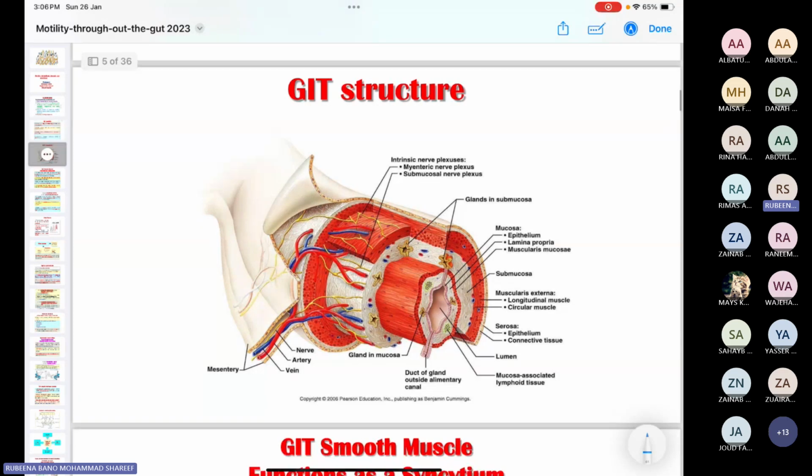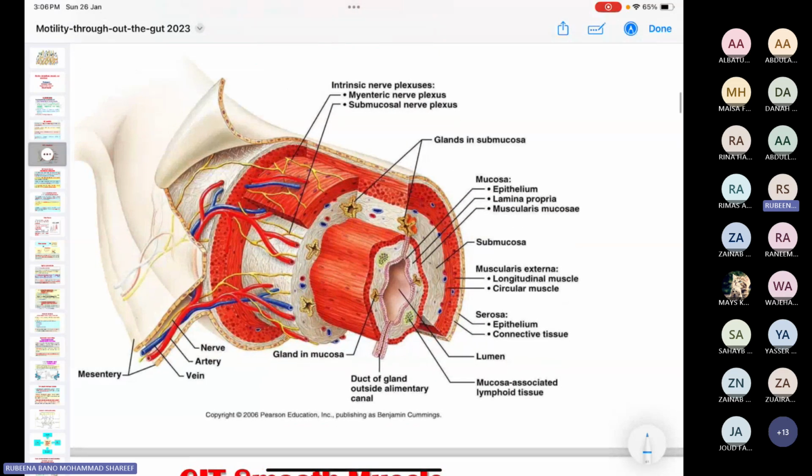Okay, this one. The same basic structure means all the walls of the GI, be it stomach or small intestine or large intestine, it is the same. Means the innermost layer would be mucosa, okay, which has 3 layers. You all are aware of it: epithelium, lamina propria, and muscularis mucosae. So this is the innermost layer. Inside this, there is a lumen, okay, lumen of small intestine, or you can say lumen of large intestine, because the basic structure is same for the gastrointestinal tract, right?